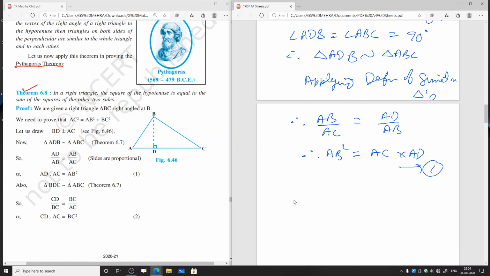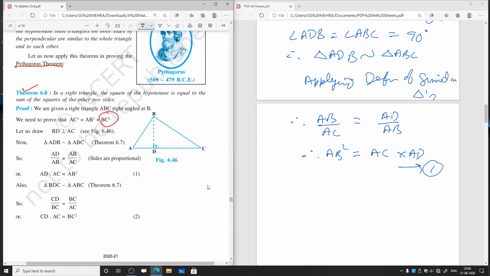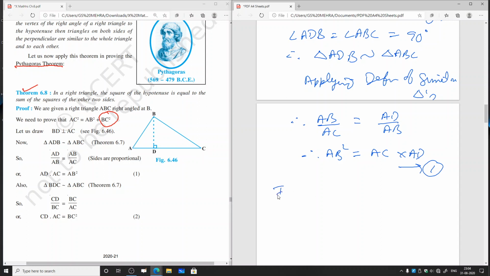Now we have got AB square, we have to obtain the value of BC square. For BC square, BC should come twice, and for that we will take triangle CDB and triangle CBA. By doing that we will be getting BC square. So in triangle CDB and triangle CBA,